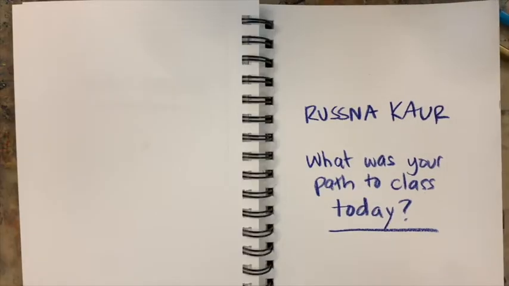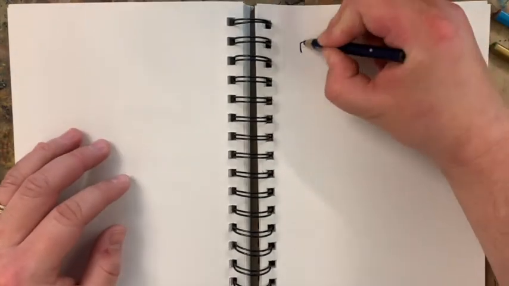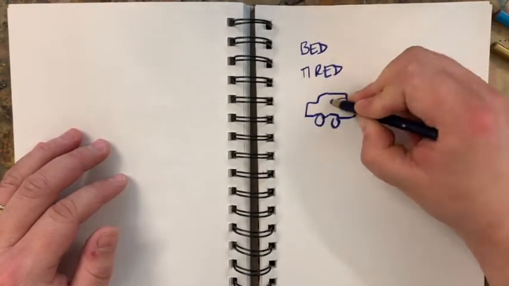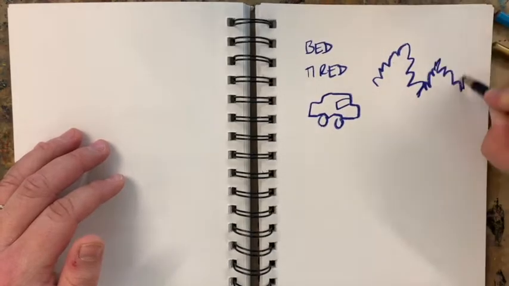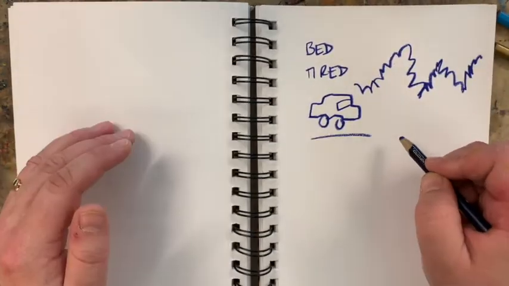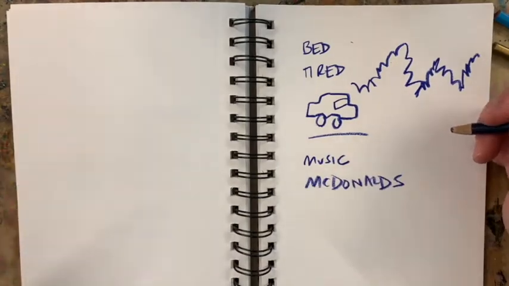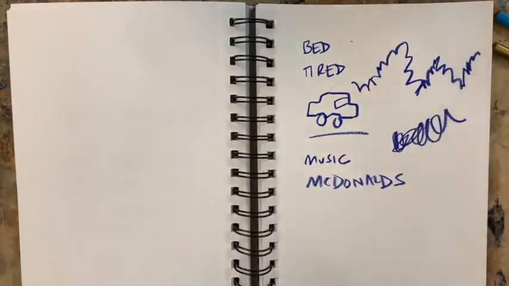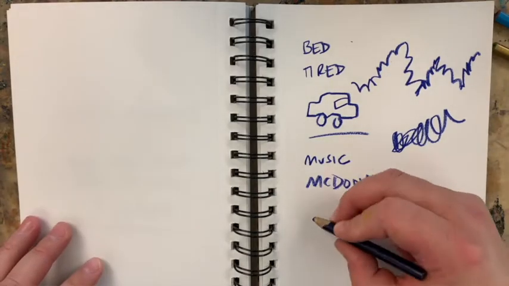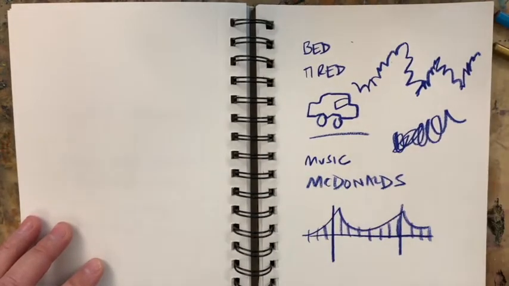If you don't have a sketchbook, grab a piece of scrap paper or anything else to write on. Jot down some thoughts. What were your moods on your way to school today? On your way to work? Maybe you're at home. Maybe it's just the journey from your bedroom to your bathroom to your kitchen to your couch. Think about the route that you took. Think about how you felt. Were there smells? Were there stores? Were there roads and cars?